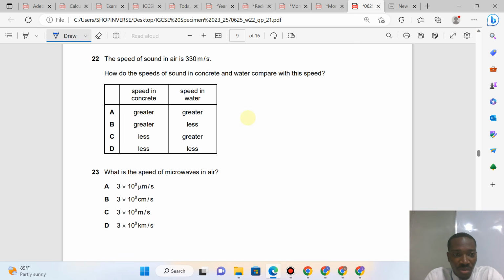Question 22. The speed of sound in air is 330 meters per second. How do the speeds of sound in concrete and water compare with this sound? You know, sound travels faster in liquid than in gases, and sound is fastest in solid. So speed of sound in concrete will be greater, while speed of sound in air is 330 meters per second. The speed of sound in water,